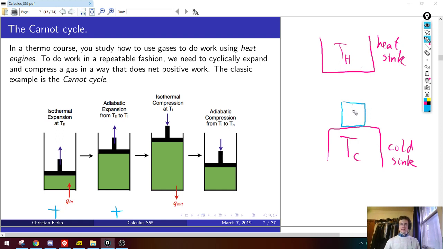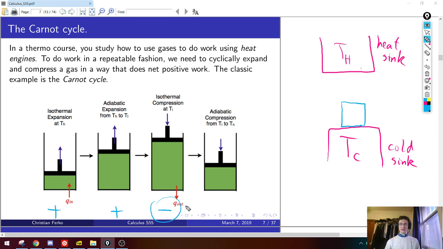So now I put the ideal gas right up against the cold sink at this cold temperature, and now I have to put in work. I have to compress it. So I'm going to push on the gas at the cold sink and compress it back. So this is like resetting it, right? If you think of this as, I don't know, like a jack-in-the-box or something, I popped the jack-in-the-box up here and it popped out, and now I have to reset it by turning the crank again and rewinding the jack-in-the-box.